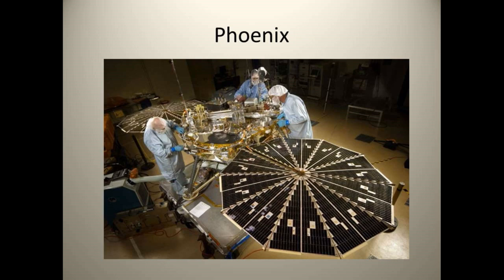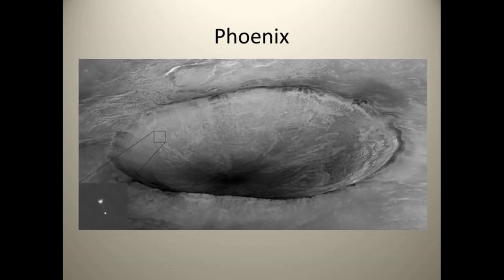In 2007, it landed. And here we can see an image showing the Phoenix lander in its descent. The HiRISE camera was able to capture it as it fell. Here's Heimdall crater in the background. It's about 15 kilometers away from the landing site of Phoenix. And here in this subset, you can actually see the parachute and the lander itself as it falls from the sky.